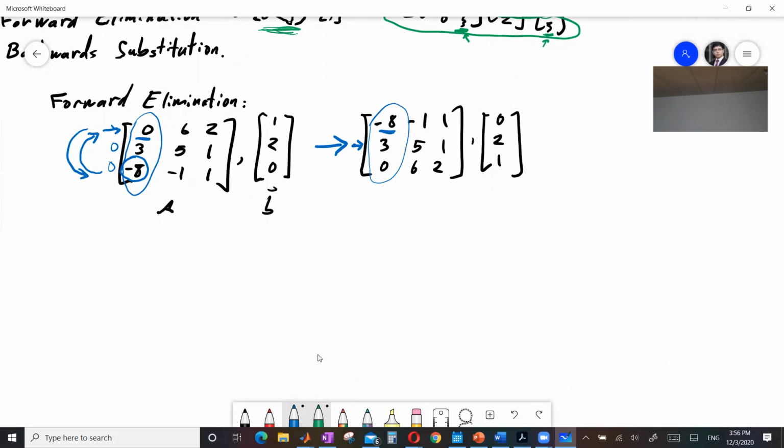this guy. We want to eliminate the 3, and the easiest way with the 3 basic operators that we had is adding a multiple of this guy into this second row. So which multiple? That's pretty easy. We basically want to make this -8 into a -3. So the easiest way to construct that is that we will have our second row 3, 5, 1 plus some multiple of -8, -1, 1, and that multiple will be